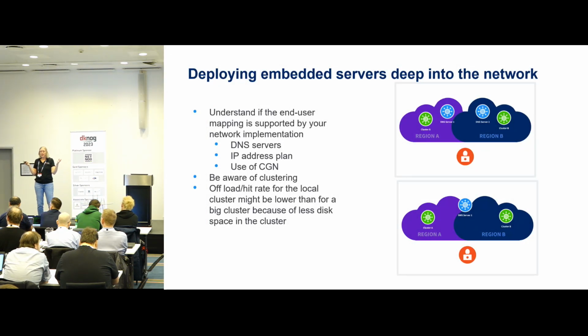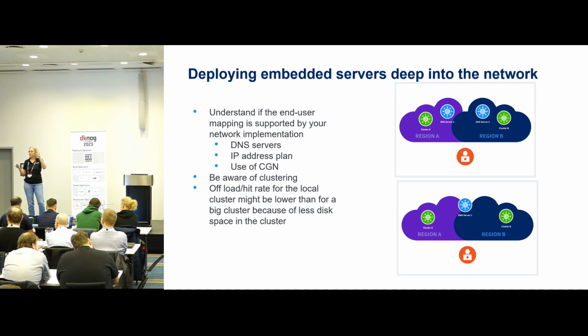Okay, and why do we need to care in so much detail about this? First of all, we need to care if it doesn't make sense for us to deploy embedded caches at all. And there's the business case about saving traffic on your network edge. But also, if you want to deploy deeper into your network in a very regionalized setup where you have a lot of sites with embedded servers in, you need to understand how the end users are steered to the cache. Because, for instance, when the CDN is using your name servers, your DNS servers, to map the end users,